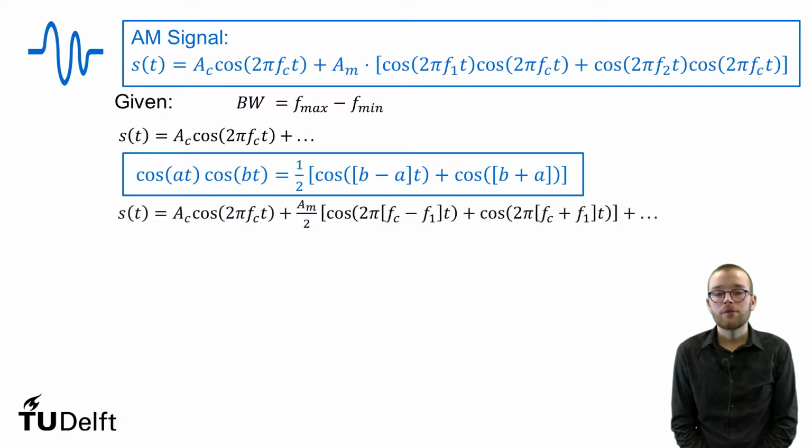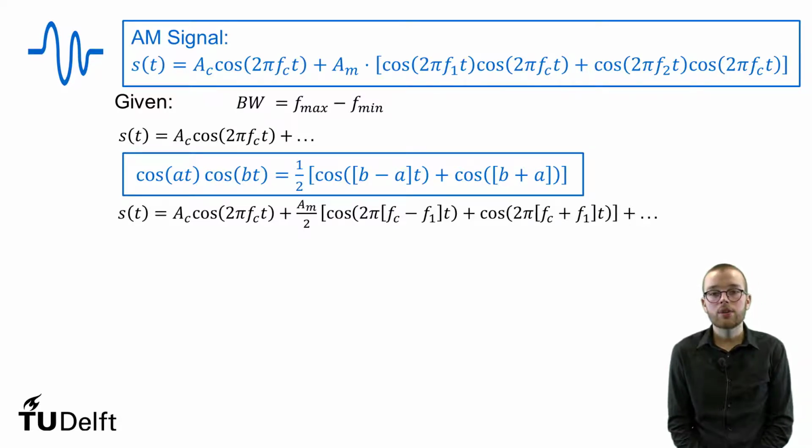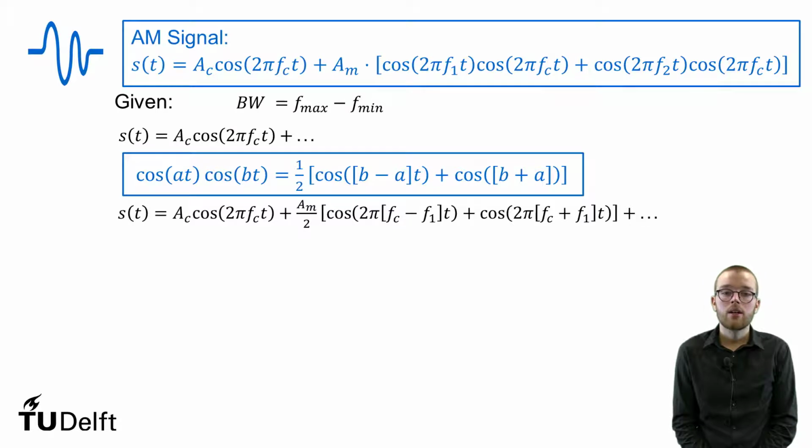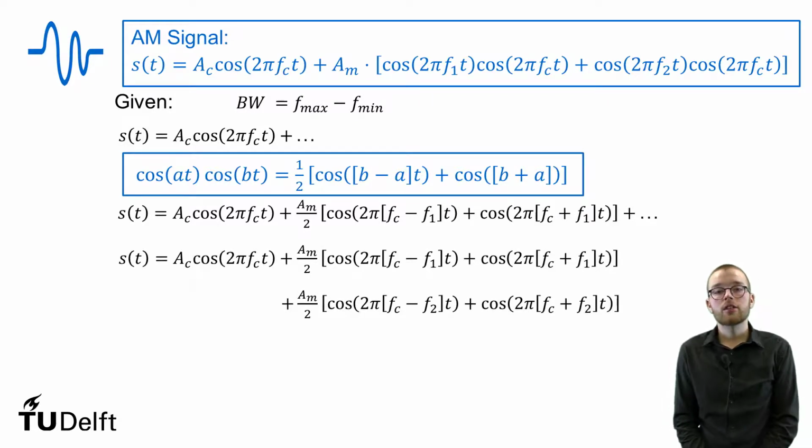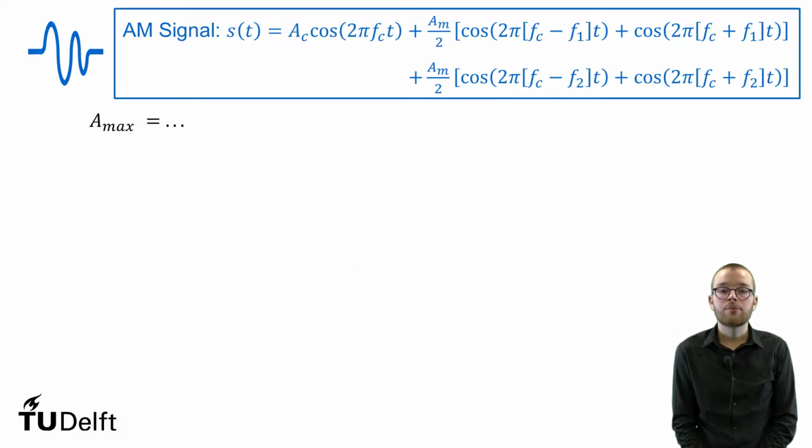The angular frequency of the first cosine is given by B minus A, and the angular frequency of our second cosine is given by B plus A. Also note that the amplitude is divided by 2 for both of these cosines. For our first term inside the square brackets, this gives us the following relation. Our second term inside the brackets can be rewritten in a similar way, giving us the following final amplitude modulated signal as a sum of cosines instead of products. Again, try out this calculation for yourself to see if you find the same answer.